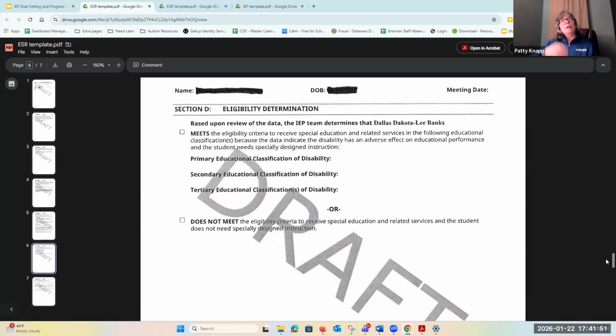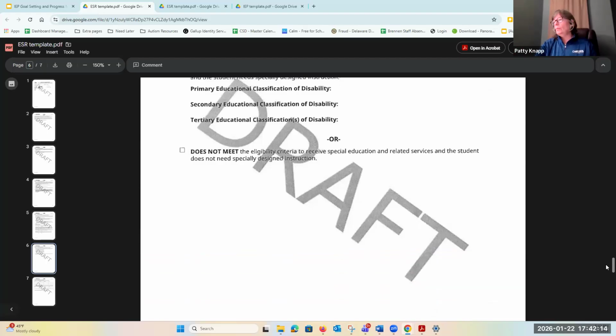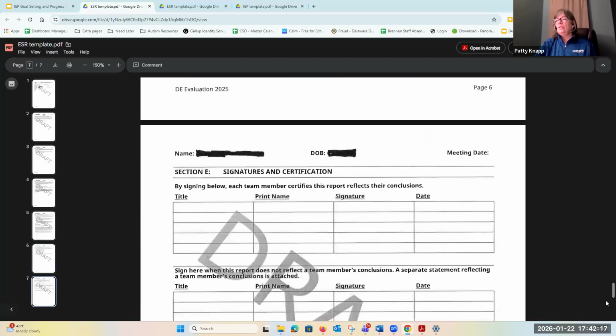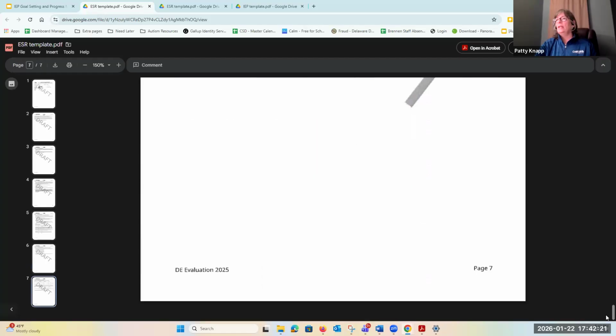An example: a student might have autism, but they might also have a classification of a mild intellectual disability. So the classification that is the most primary would be the one that is chosen. And then also it's possible the student might not meet classification, and so that will be checked in the box. And then there's the signature page of all the attendees that participated in that decision making. I'm going to close this.